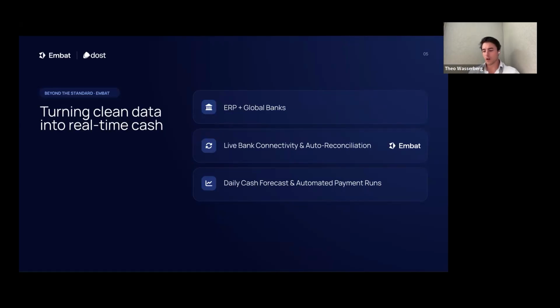And so on the other side of the relationship between the ERP out into the world of all the financial institutions it interacts with, we start by trying to clear that data up and create a live connection between the ERP and the banks. And that means that data flows in real time, that the cash positions are live. I've spoken to customers on Embat now that have come from a position where they've got several days of lag time in terms of their cash position.